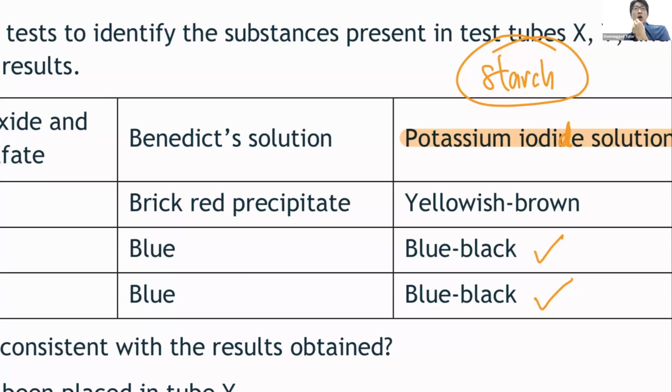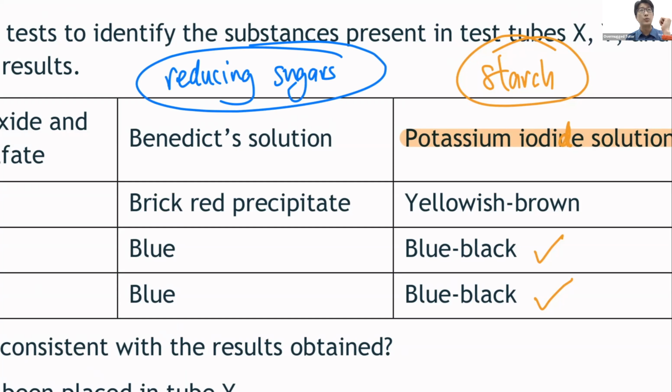Which one is a positive test? Brick red or blue? Okay, if I give you a clue, Benedict's solution originally contains copper 2 ions. So therefore, red is the color change, right? Then you can use that to remember that as well. Okay, awesome. Thank you. All right, so over here,